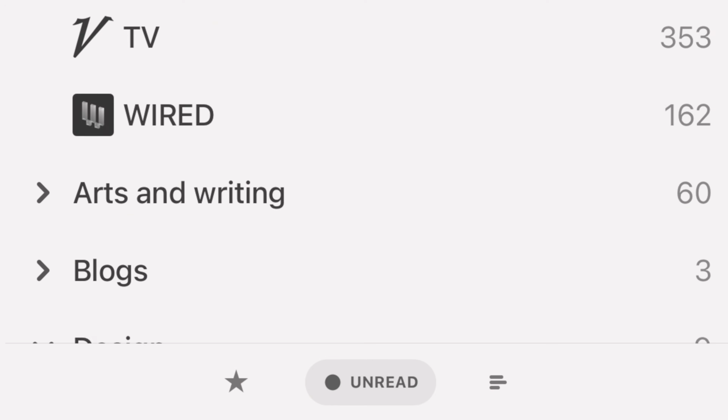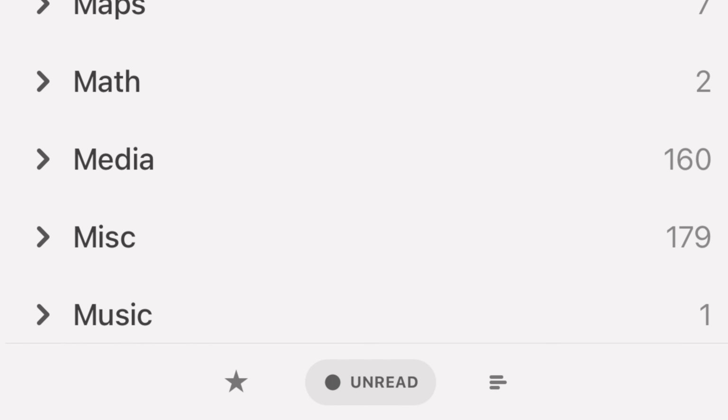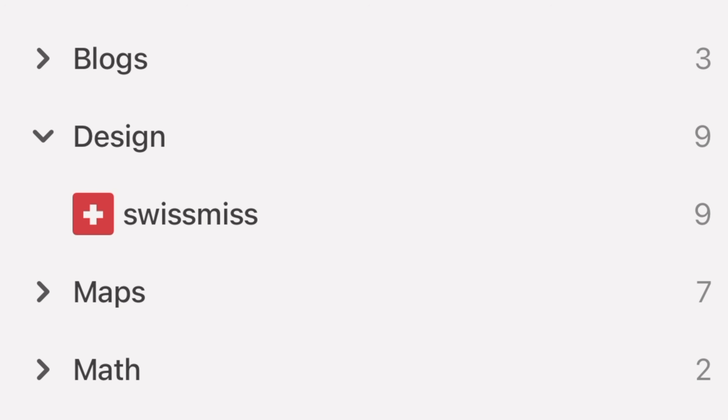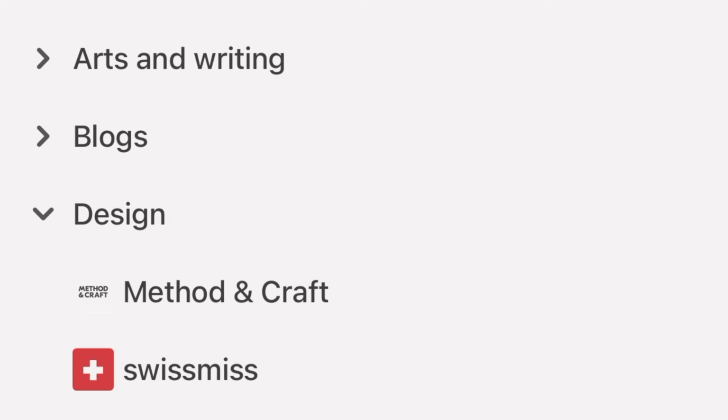Forget work. Let me pick something I just read totally for pleasure. That design folder. You can open the folder. Right, oh, this might not be a brilliant example because there's only one thing in there. Except no, I'm sure there's more. Yeah, actually, if I just do this, right, well, now I have a whole 2 RSS sources in my design folder. And the reason you could only see one is that only one of them has anything in it that I haven't read. So anyway, let's go into this one, Swiss Miss,